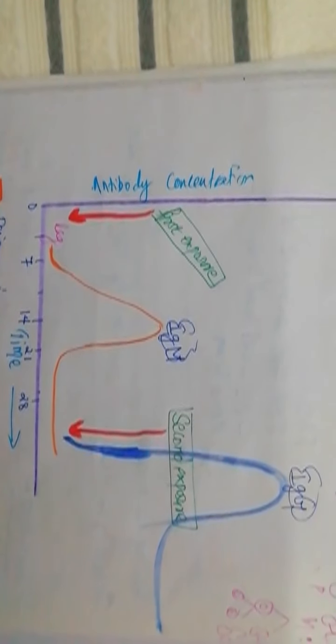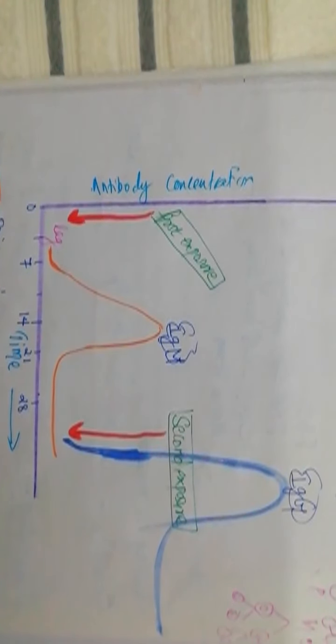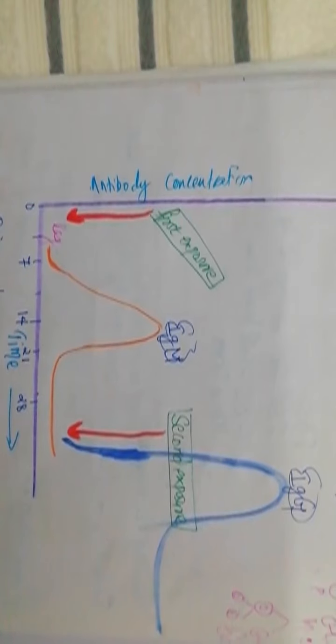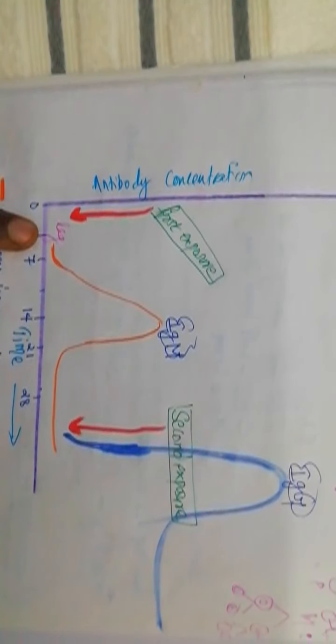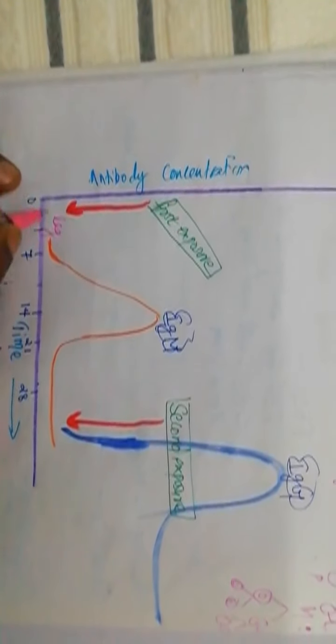What is that period known as? You remember the bacterial growth curve. In the bacterial growth curve also, a similar kind of mechanism is there, wherein when you inoculate the bacteria into the culture media, it will take a little time for the bacteria to adjust to the media. That period is known as the lag period. The lag period is also called the latent period. What is the other name for lag period? Latent period.